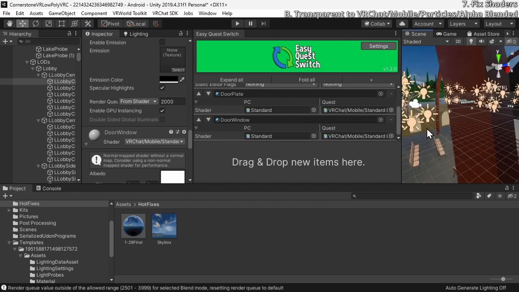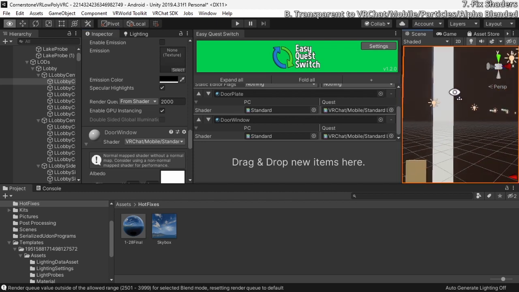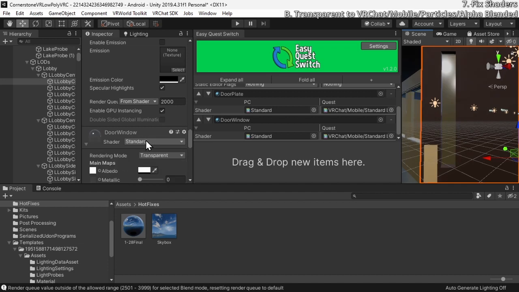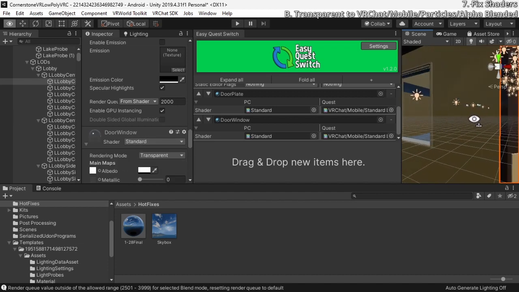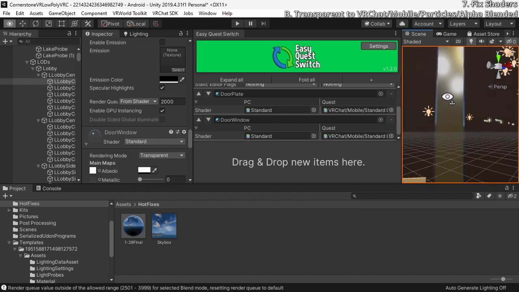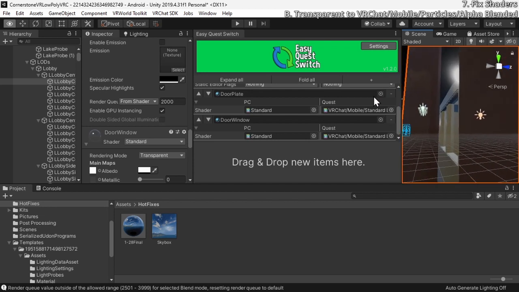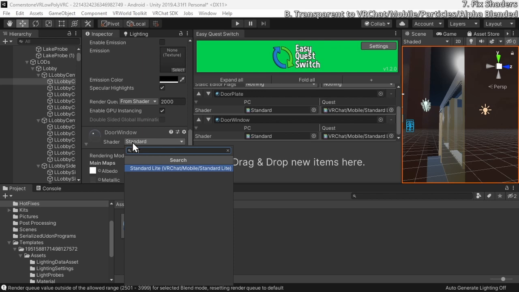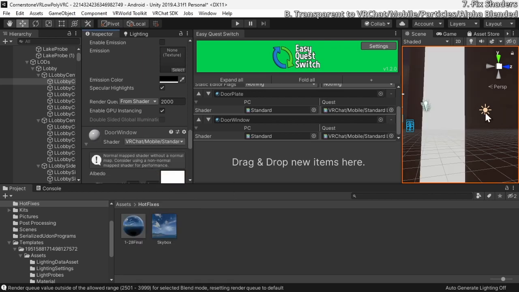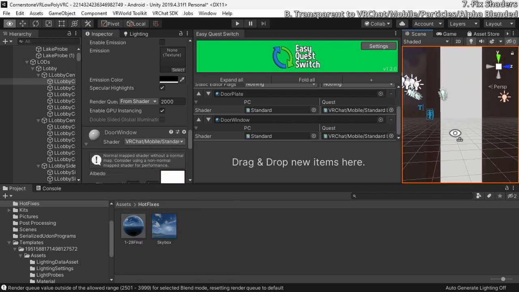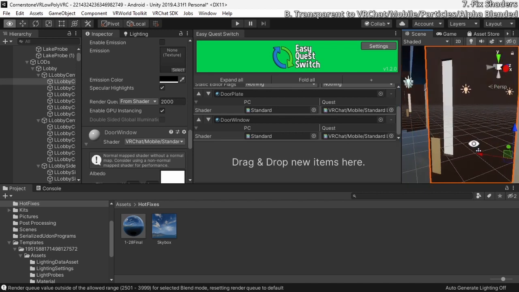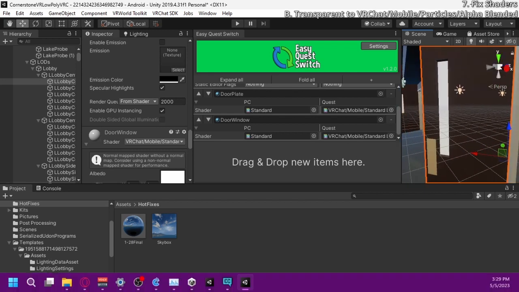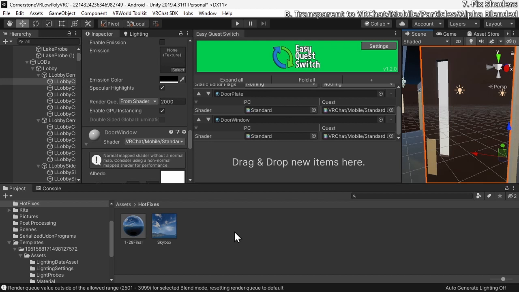So then you're going to ask the question, well, then what do we do for door windows? Because as soon as I switched it from standard, which right now looks kind of weird, I mean, yeah, you can see through it, but great. It's pretty reflective. If I paste this in here and switch it to light, it becomes no longer transparent. So for anything transparent, what you're going to want to do is create a new material,